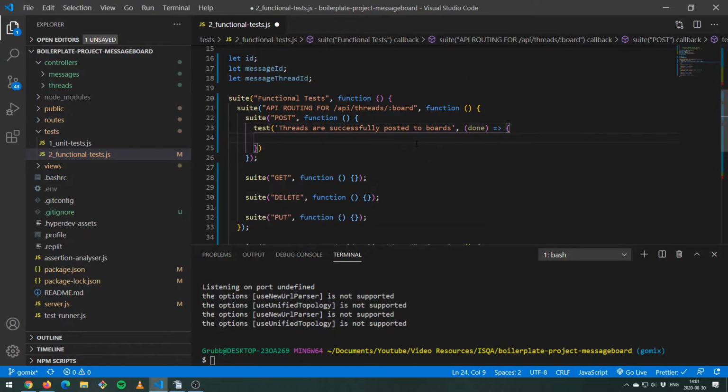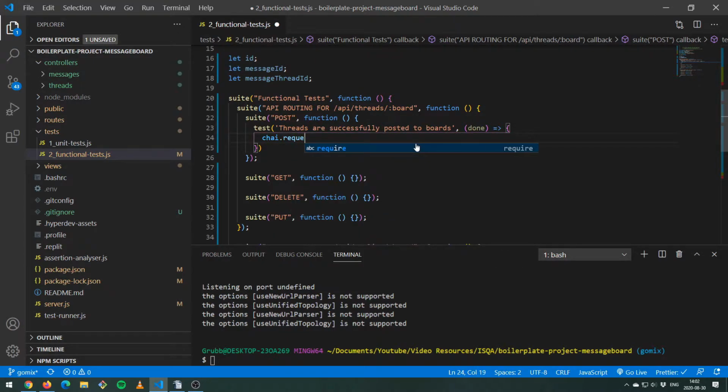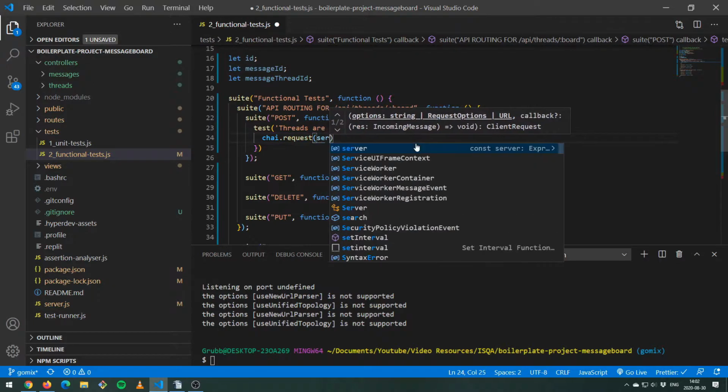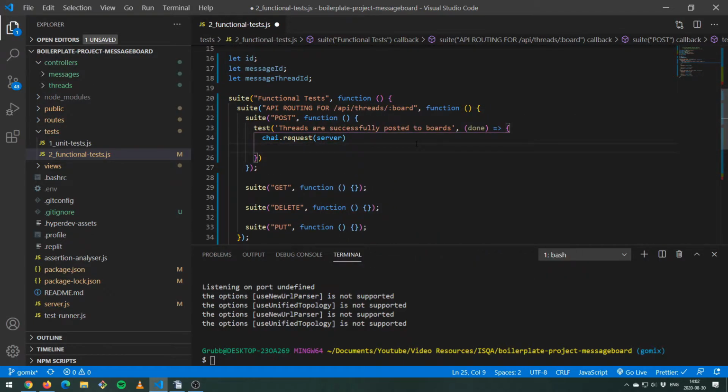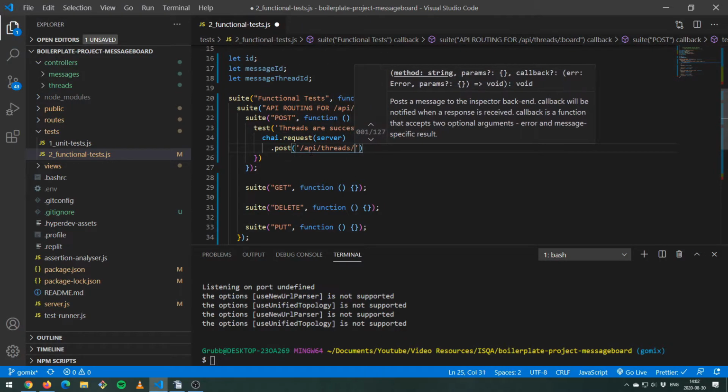And we should do a Chai.request server, and no semicolon, and then we just go post, because this is the post, you can see that there. So we're going to post to API threads general,